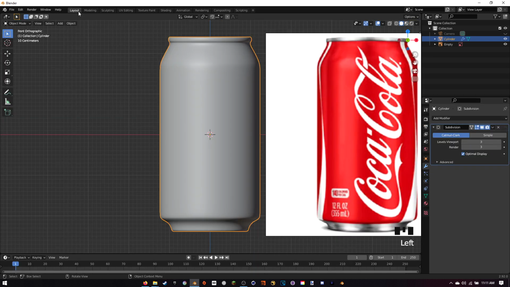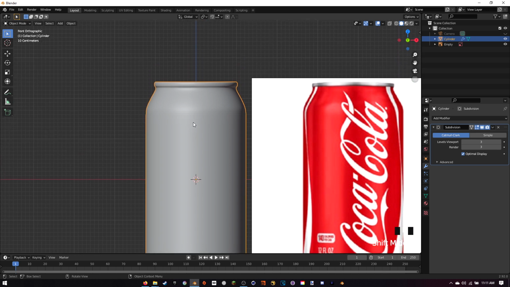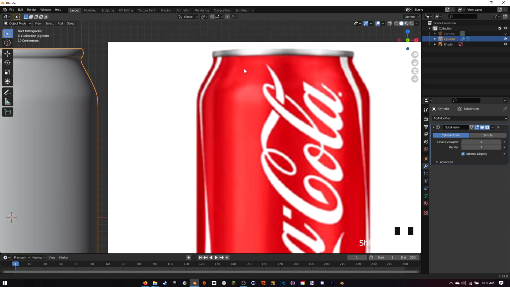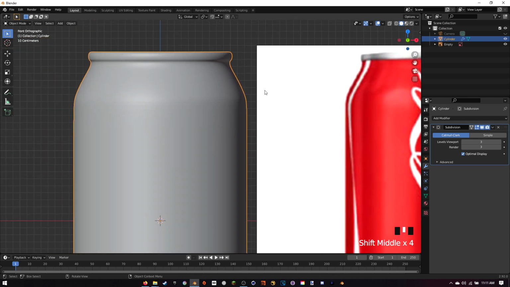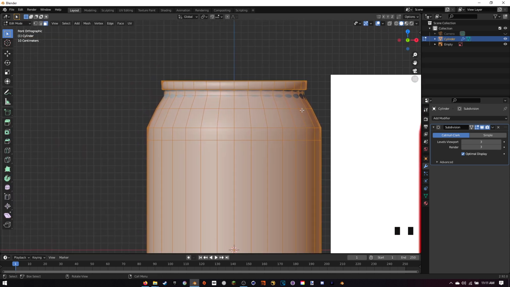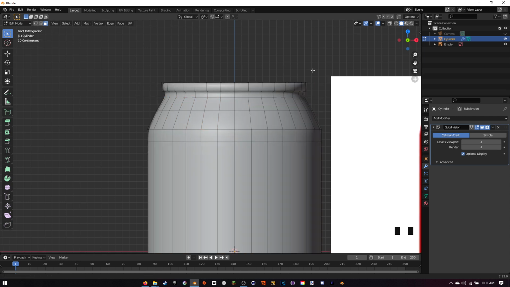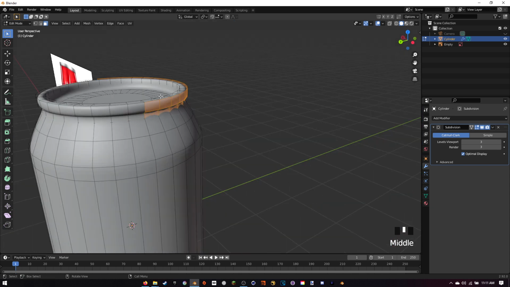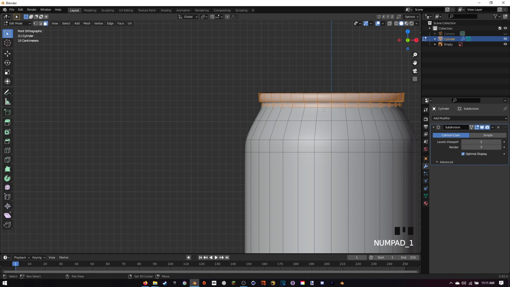Let's actually come out to layout view. I find it easier to be in layout view and everything. Now we basically just need to select all the geometry where the metal texture is actually going to be. So we need to go into edit mode again, and I know I want to select all of this top layer up here, but if I select it right now, you should see that it selects it there but not on the back. So what we actually need to do is come back to 1,